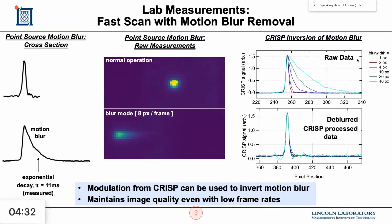I mentioned earlier that we plan to operate in a wide area scan mode where we're scanning fast. And for certain types of detectors, in particular the thermal detectors we're talking about here, uncooled microbolometers, one limitation is potentially your frame rate. One thing about this sensing approach that's very interesting is that the signal is encoded by this mask at a temporal rate faster than your readout rate from the imager itself, which allows you to